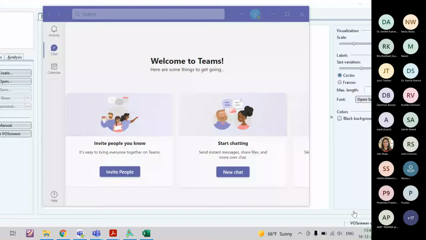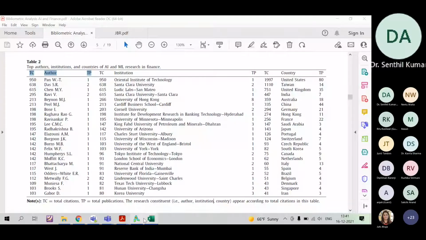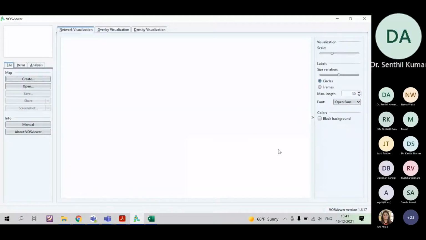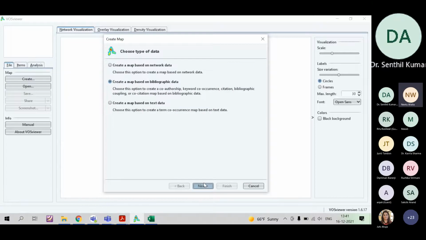I'm unable to share it. Okay, let me share the entire screen. And somebody can confirm this WOS Viewer screen is visible? Yes, sir, visible. Okay, thank you.